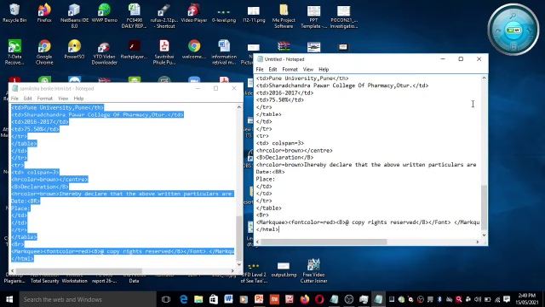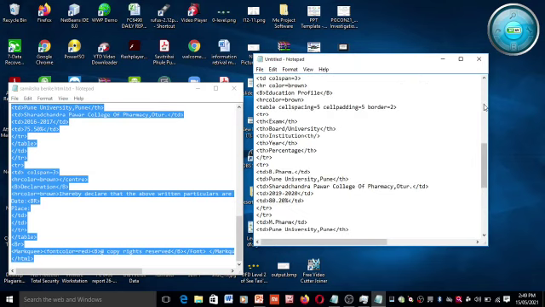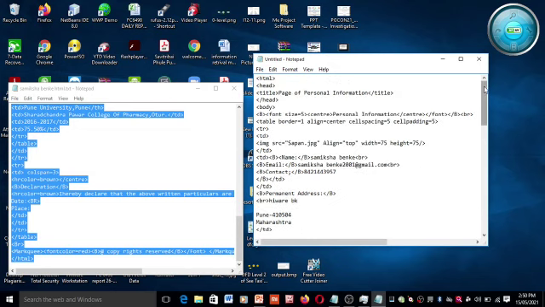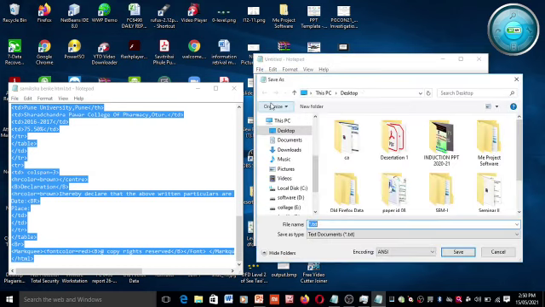But you have to write down the whole program and change only the personal information in that coding. And instead of that student, you put your information in the coding. Now save this program